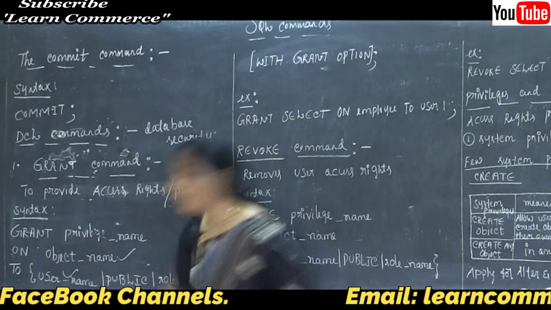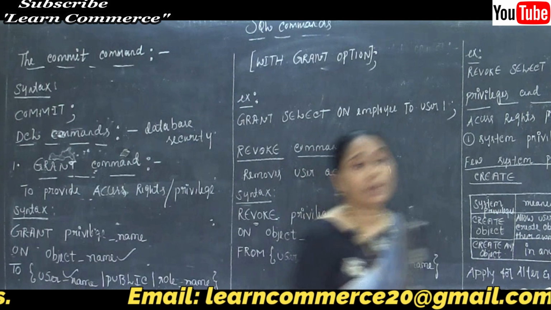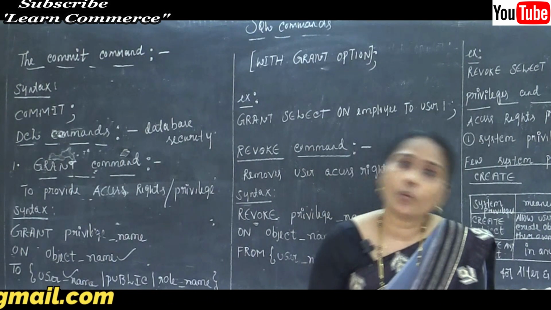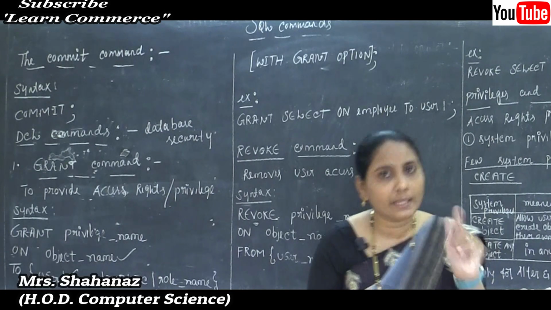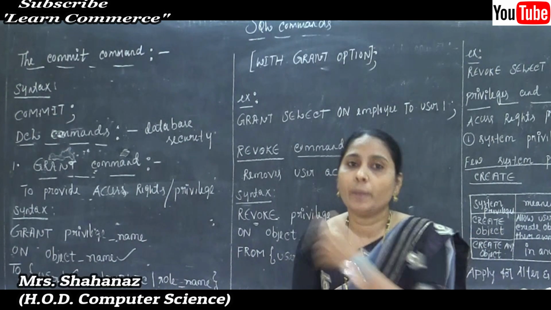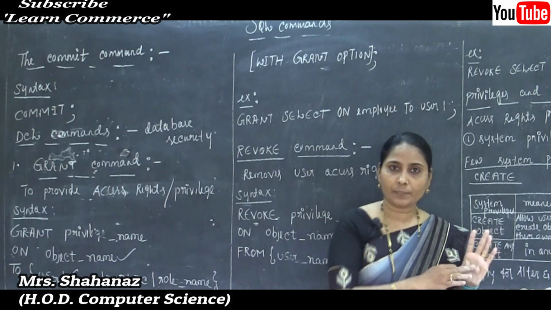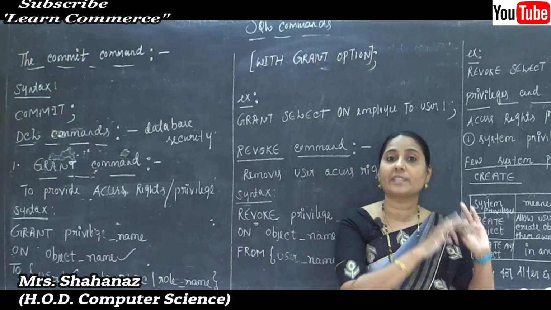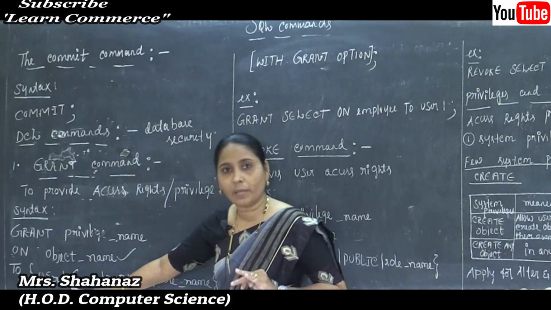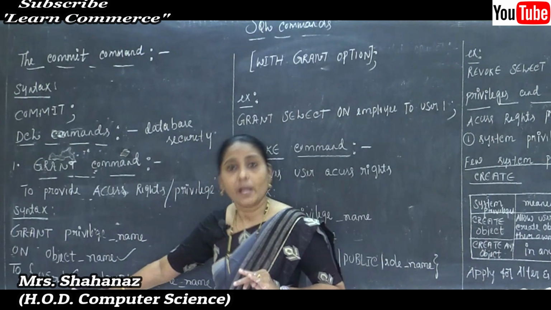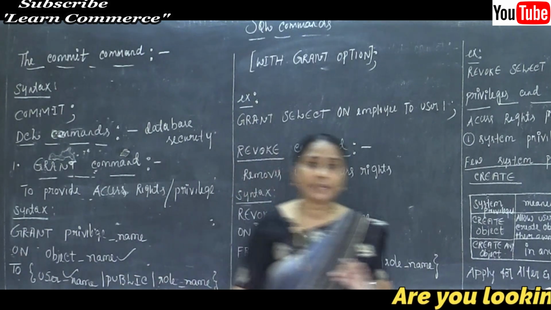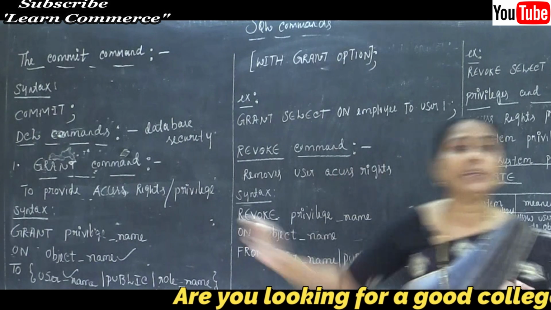Now what do you mean by user_name? The user_name is the name of the user to whom an access right is being granted, to whom we grant the permission. Maybe the permission is the select permission, all permission, execute permission. Clear this point? That means the user_name is the name of the user to whom all those permissions are granted. We need to write the username here.